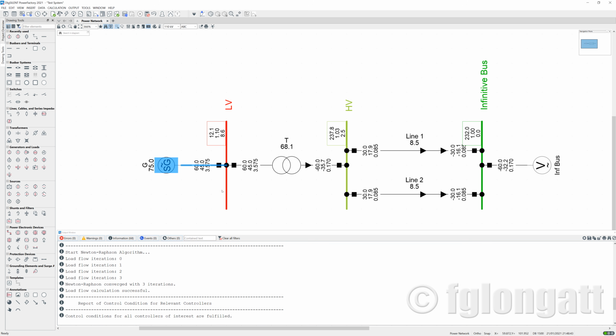And the reason that is in red color is because this voltage in per unit, you can see 1.1 per unit. Okay, that is over voltage in this case, steady state over voltage 1.1 per unit. Okay, PowerFactory is telling me in this red color that the voltage is high, but that is because we are producing so much